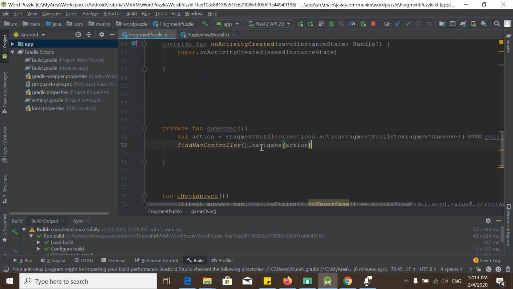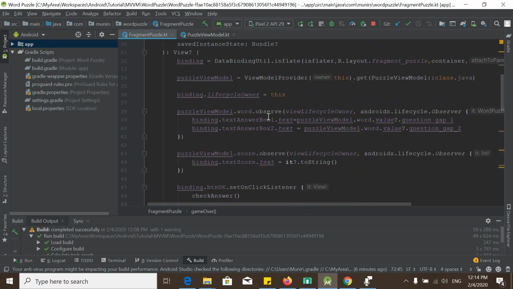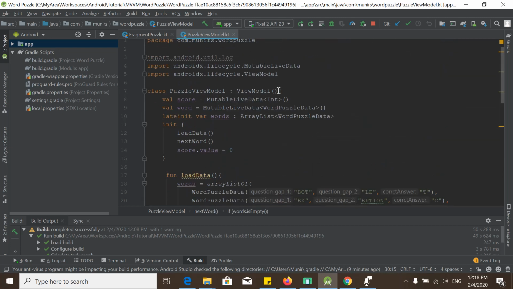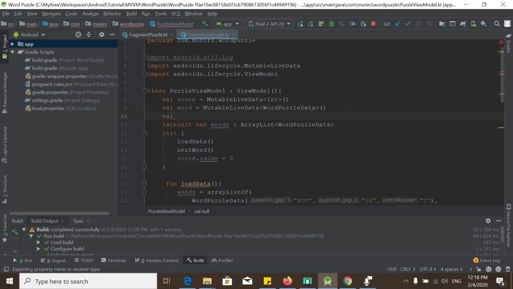We will take help from LiveData, as we can see the score is updating through LiveData and the word is updating through LiveData. So we can easily handle this event. When the word list is empty, we will enable the game over. So first we will declare another LiveData object. The name will be val gameFinish,